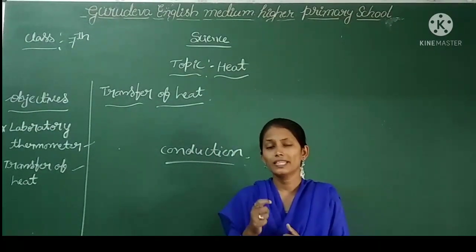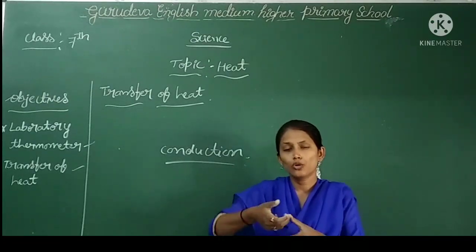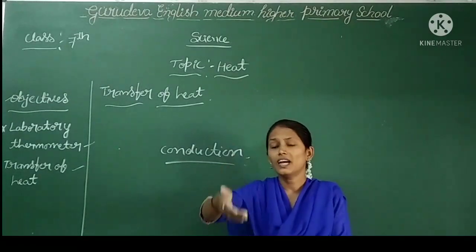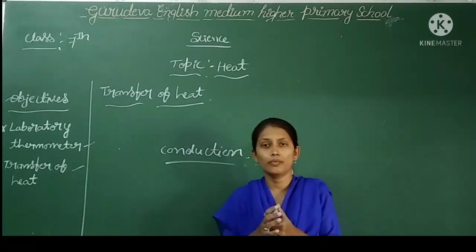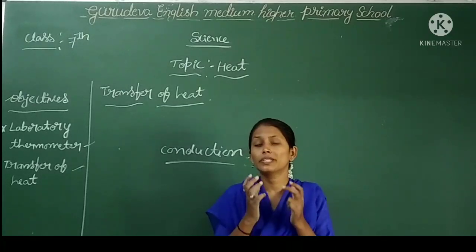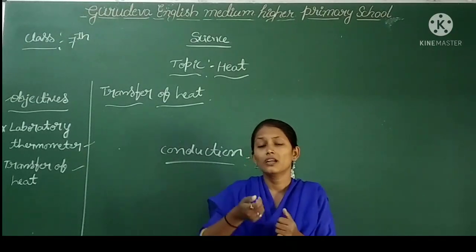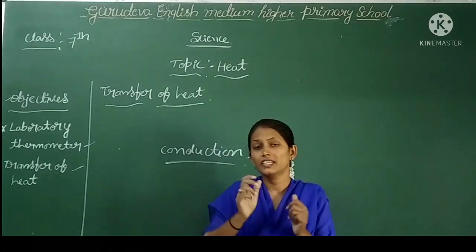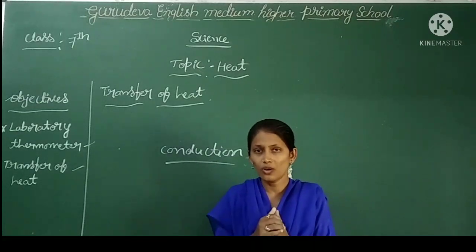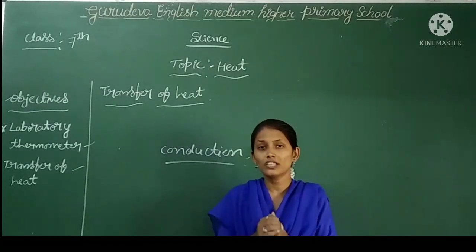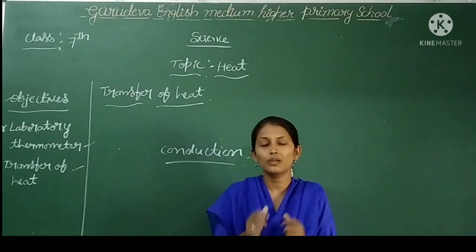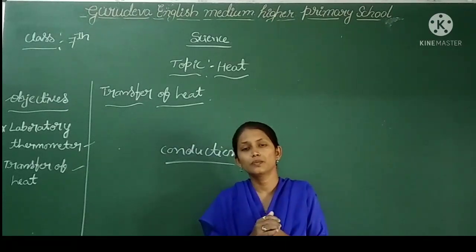You might have observed that a pan is kept on the flame. Here, to hold the pan there is a plastic or wood material present, and the other end contains the metal part. When you are giving heat to the pan which is made from metal, it becomes hot as compared to the holder. The holder of the pan does not become hot. What does it indicate? Means the holder is not allowing the heat to pass through it, so all the pans and some utensils are given a handle which is made from plastic or wood.